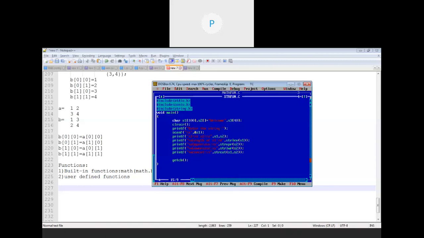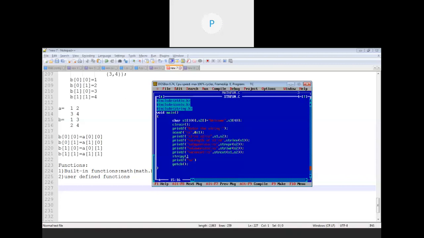So s1 and s2 will be concatenated and together the modified string will be stored within s1. Okay, done. In the same way, we have other functions. What if I wanted to copy the data of one string into another string? Then for that purpose, we use strcpy.